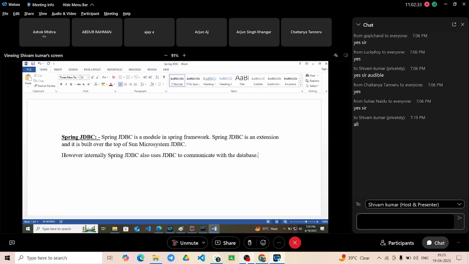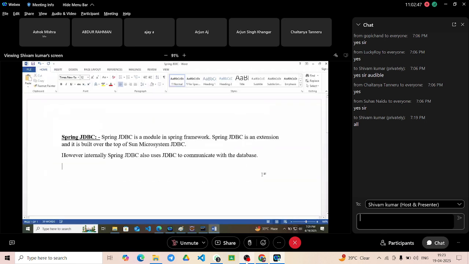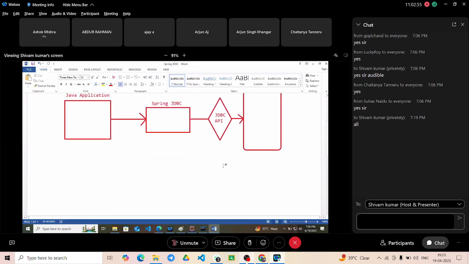Then what is the benefit here? We are saying that Spring JDBC will also use normal JDBC. Then why are we even studying this part? Is there any benefit? If it is going the simple way with JDBC only, then why are we discussing something like Spring JDBC? So the answer is,